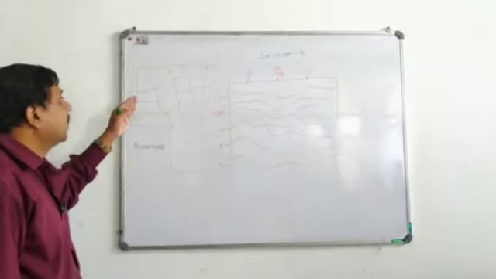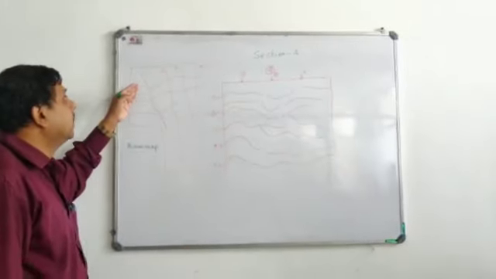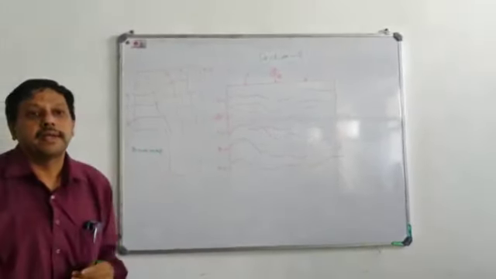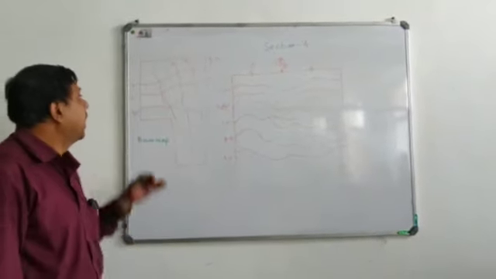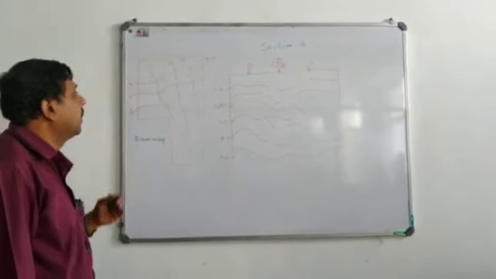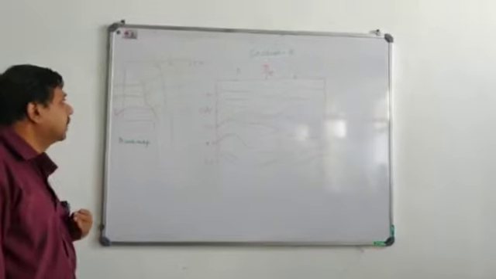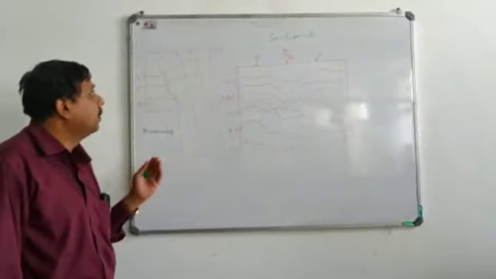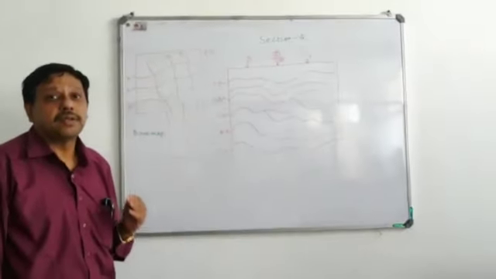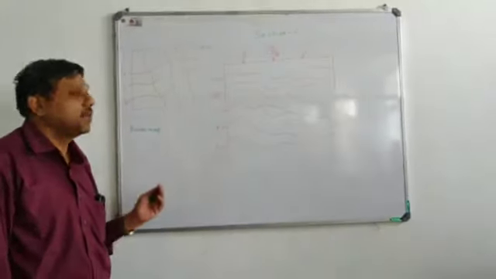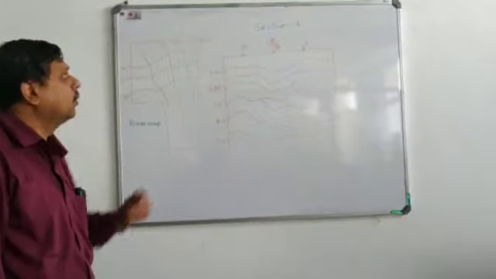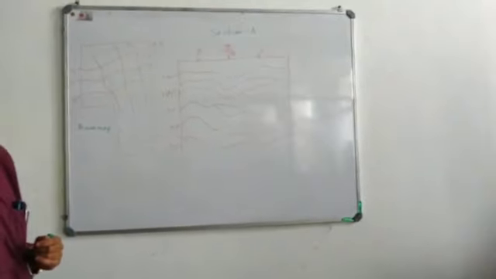Here are some of the lines which you can see: lines 1, 2 and 3 are oriented in the north-south direction, and lines 4, 5 and 6 are oriented in the east-west direction. So how many seismic lines do we have here? On the base map, we have 3 north-south lines and 3 east-west lines. Is it clear to you all? We'll go into the interpretation of seismic data.